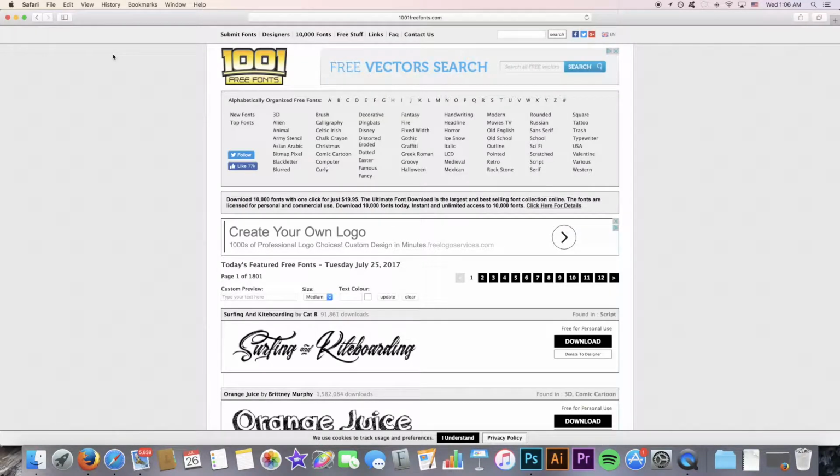Alright, so the first thing we're going to want to do to get our free fonts is visit this website right here, 1001freefonts.com. I'll have a link to this website in the description below, but you could go ahead and type it yourself into your browser's address bar. Again, that's